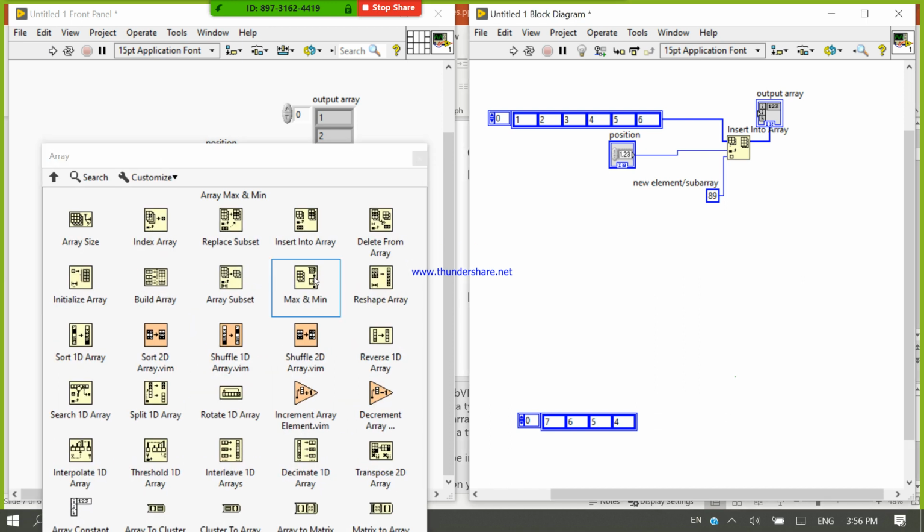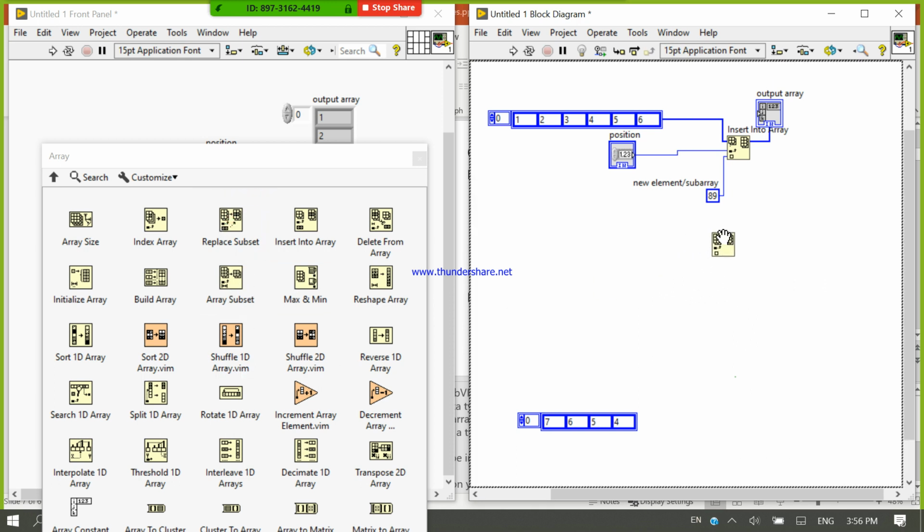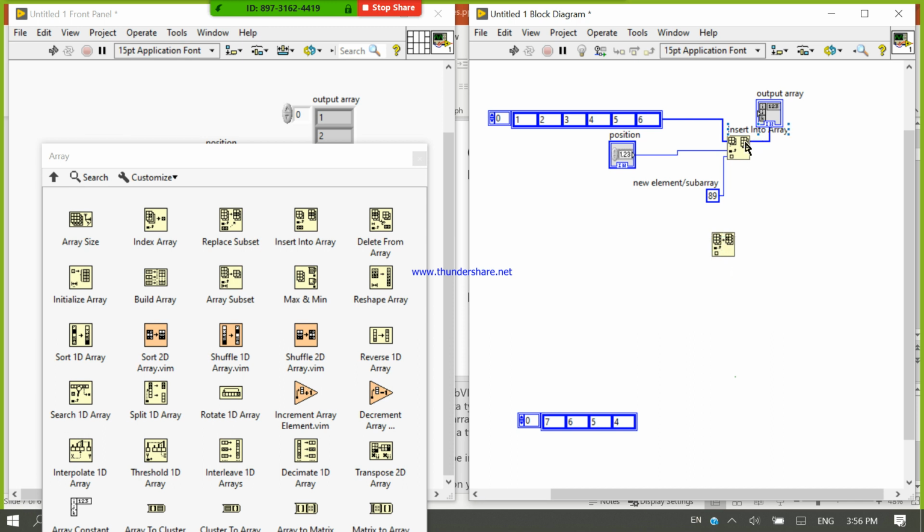By using this you can find the minimum and maximum number of this array. Here it is array subset. It is a replace array. How can we work using the replace array? By using replace array you can replace any element of this.